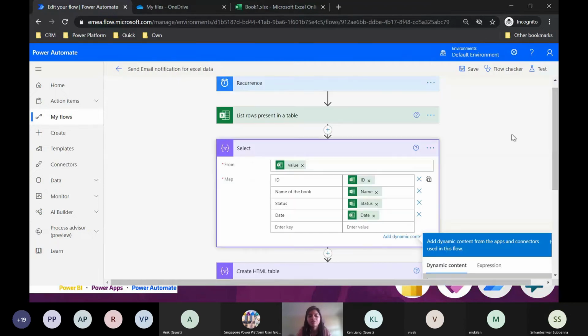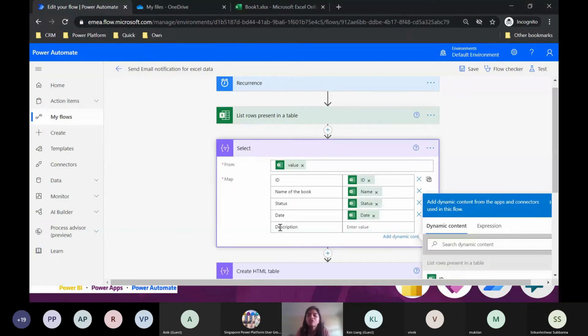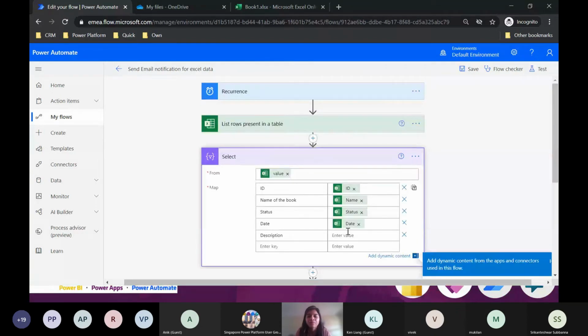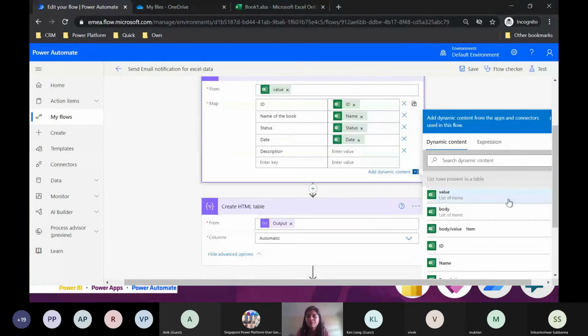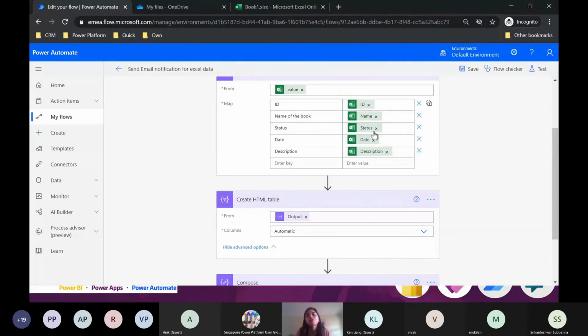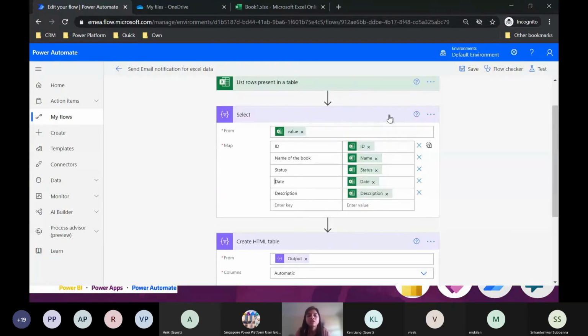And description. Please note I've changed the ordering of the columns and it is allowing me. So now the ordering of the columns is also changed over here using an easy select statement.